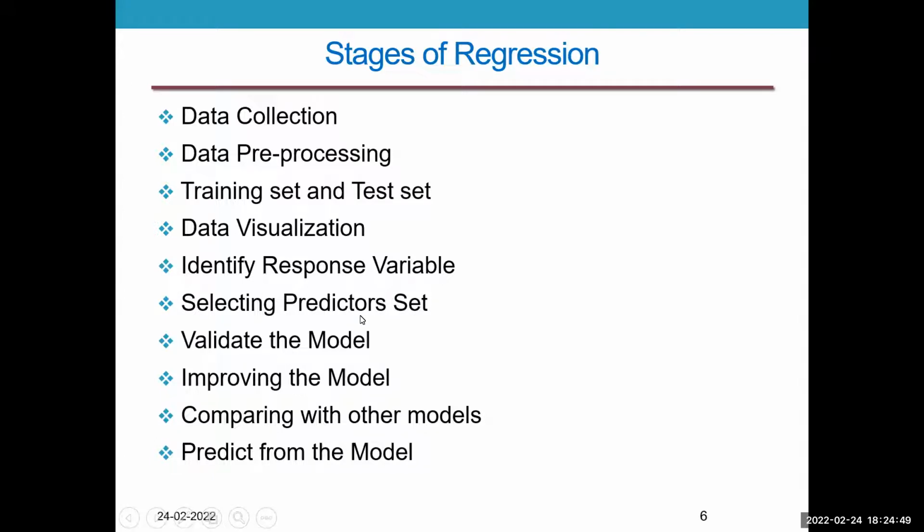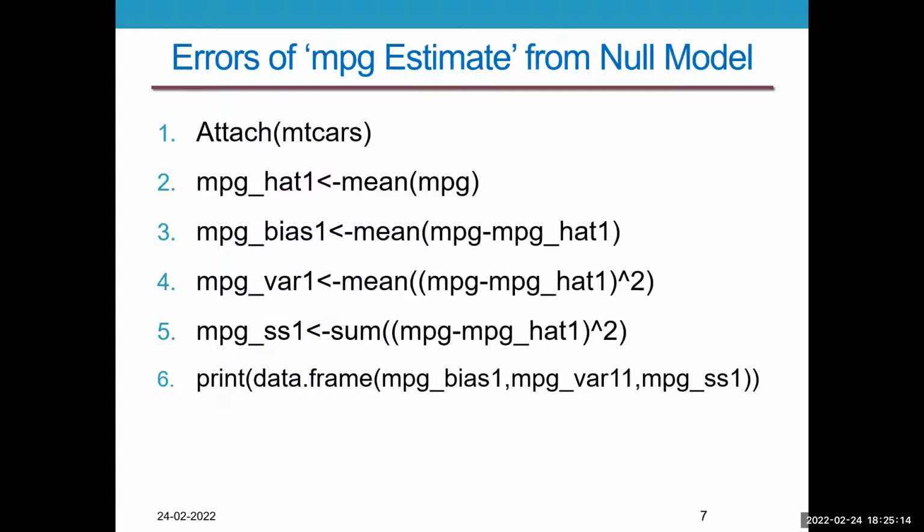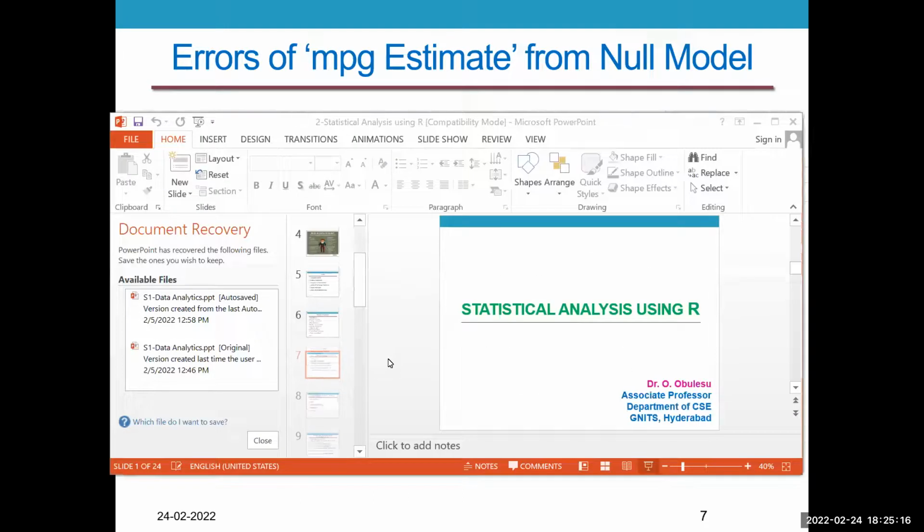And what is the predictor set, what is the response variable, validate the model using some training and test data, and improving the model, how we can do it by minimizing the error rate, and comparing with other models, what will be the accuracy, and finally how we can predict with the model by supplying our real-time data to the already built model. Okay, so let us see step by step what is the meaning of this